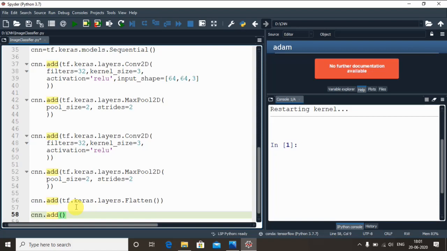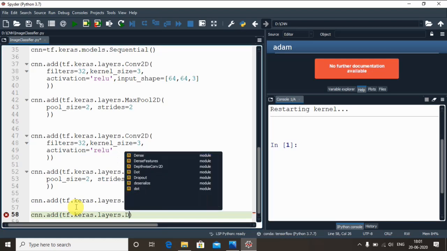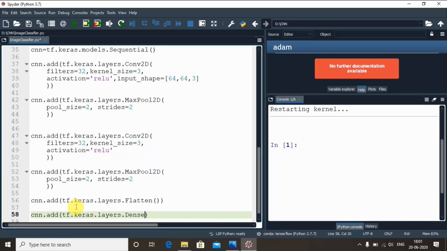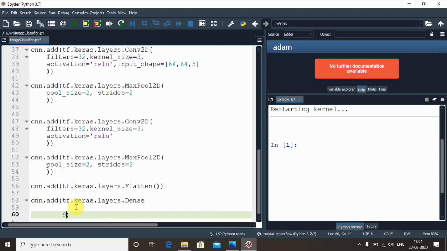Here we'll create an instance of the class called Dense from the same layers module, right? So we do it using tf.keras.layers, and from this module we call a new class called Dense, okay? Remember this particular class, and it has a few parameters which we need to write.